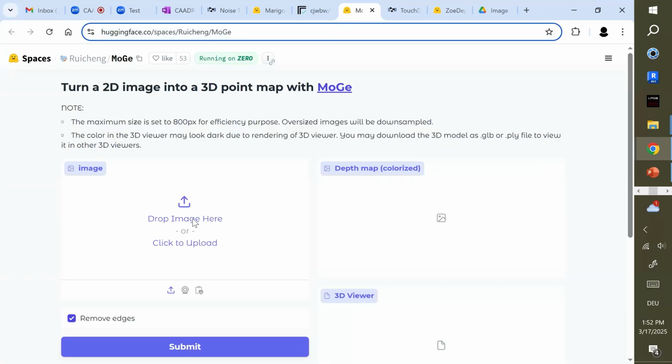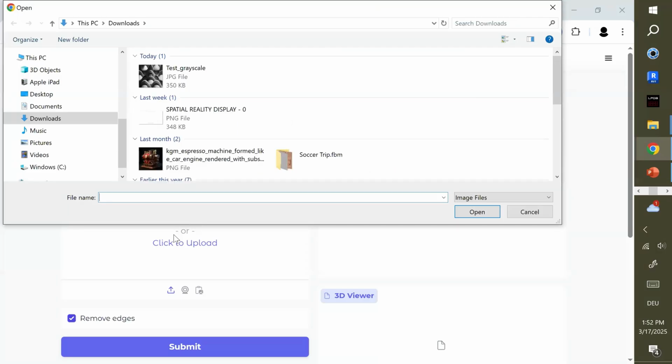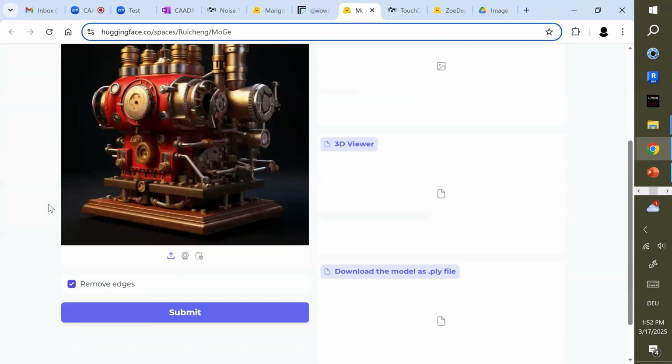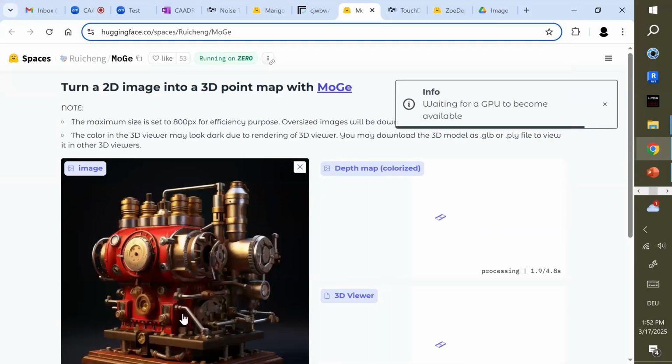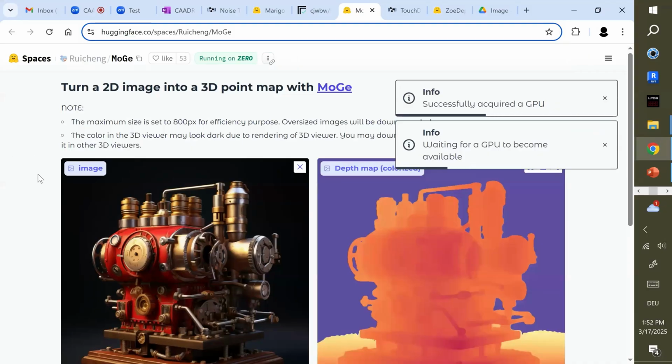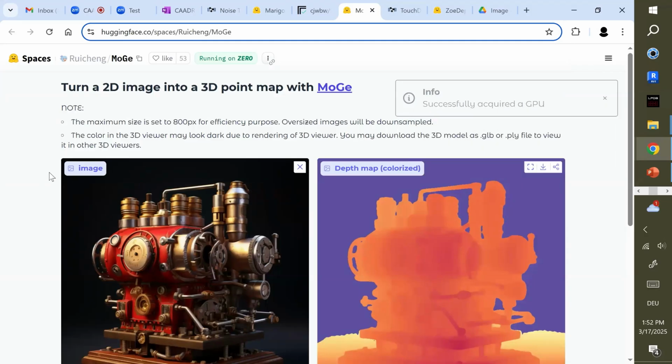If you place some image here, you can just submit the image. Then you will get some colorized depth map out of this image.